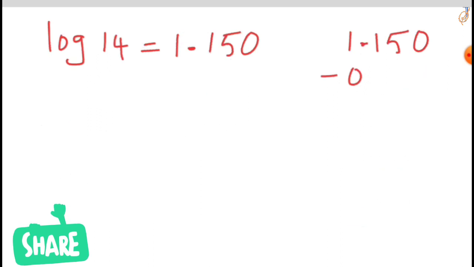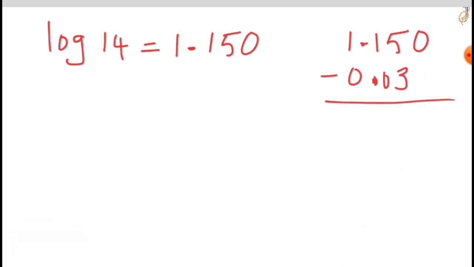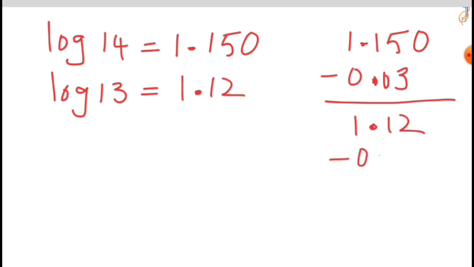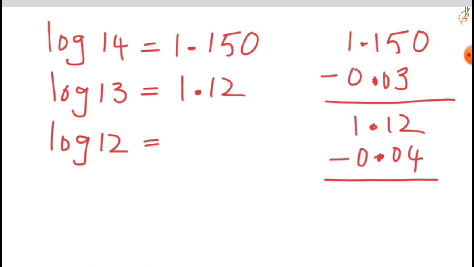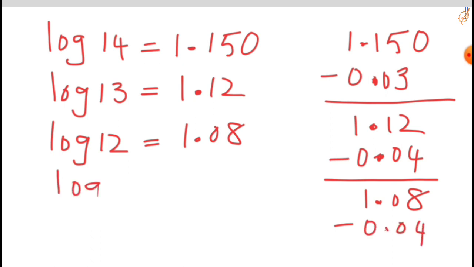1.150. Subtracting 0.03 from 1.150, it gives the value of log 13, which is 1.12. Subtracting 0.04 from 1.12, it gives the value of log 12, which is 1.08. Subtracting 0.04 from 1.08, it gives the value of log 11, which is